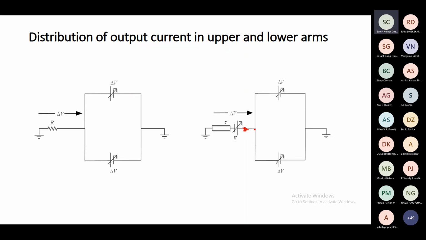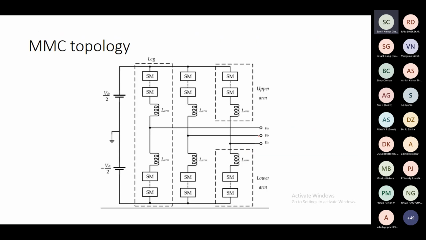Now, that current, since it will observe equal voltage at two sides as if two parallel voltage sources are connected, if we neglect the non-idealities, then this current is going to be equally distributed in the upper and lower arms. What is an arm? We have discussed here. This is the arm. This is the upper arm. This is the lower arm. So whatever current is entering is going to be distributed equally to the upper and lower side. But it has a different implication.